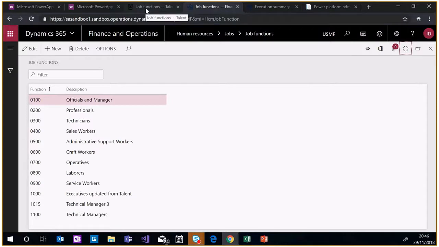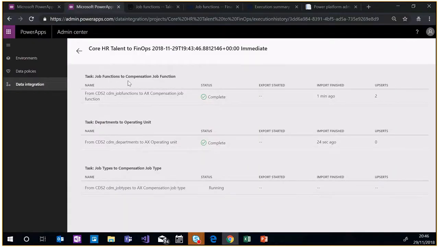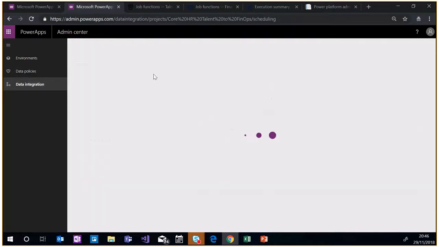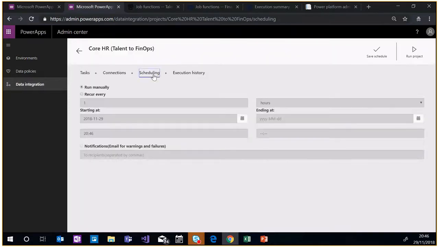There are 13 tasks. The project will take some time to finish executing end to end, so we will not wait for that. But I just want to go back to the project to show you a few other features there as well. So we'll keep that running, but we will just go back to the project. And I just want to touch on the scheduling tab. So from this scheduling tab, as you can tell, you can schedule the project to run in the background, almost